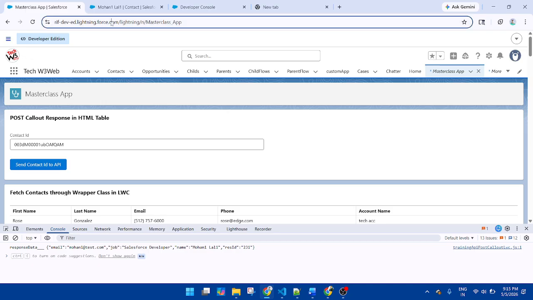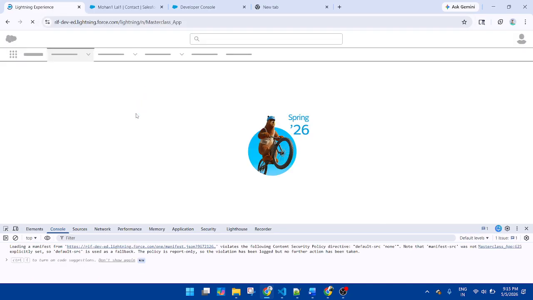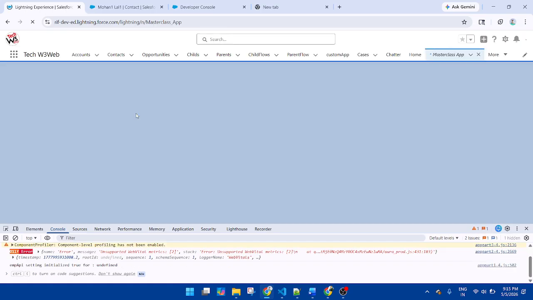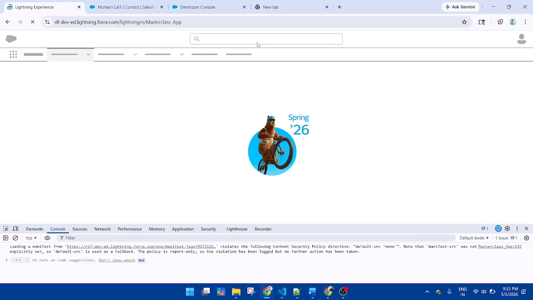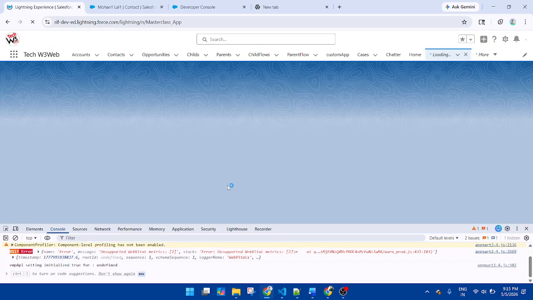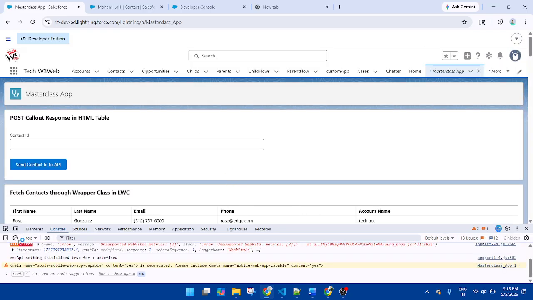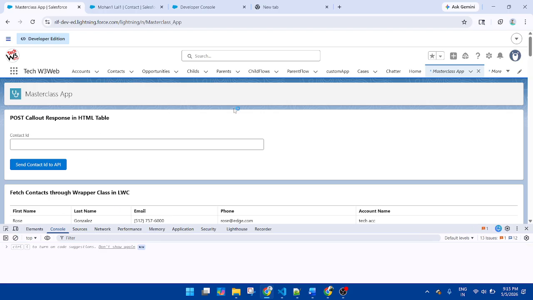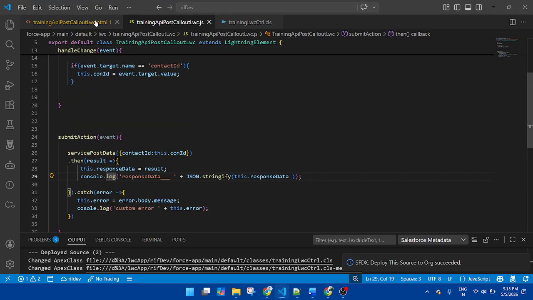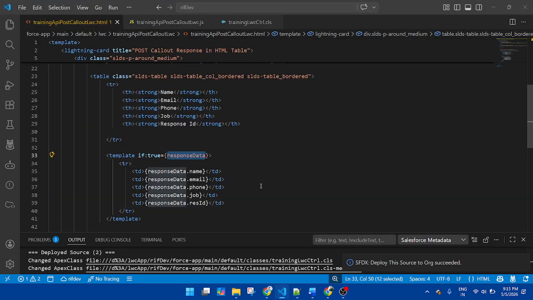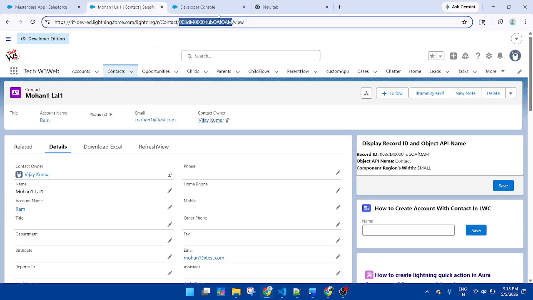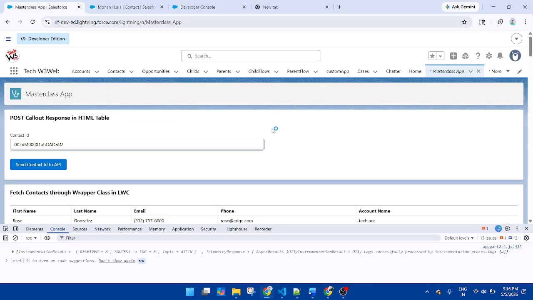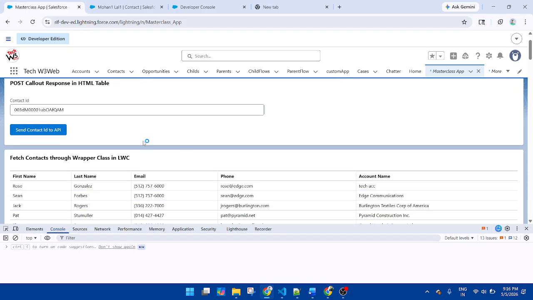The value displays, but I think the data did not refresh properly. In the component, this is my object; one by one I am passing data. Okay, fine. Now let me refresh, pass the ID of the contact and send data.